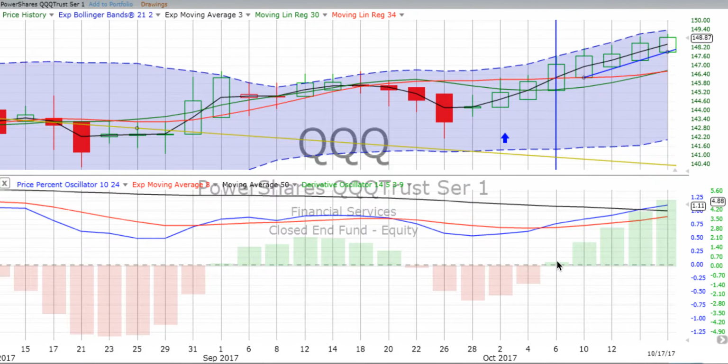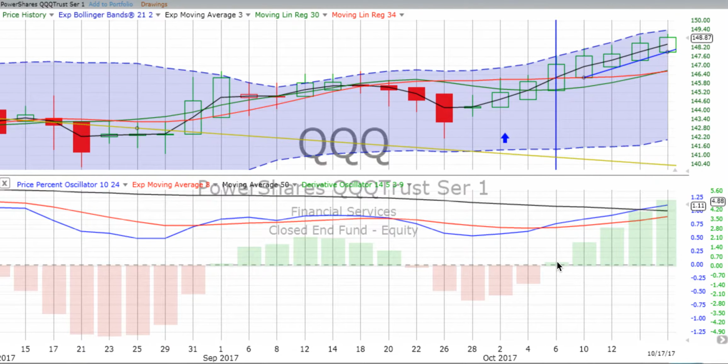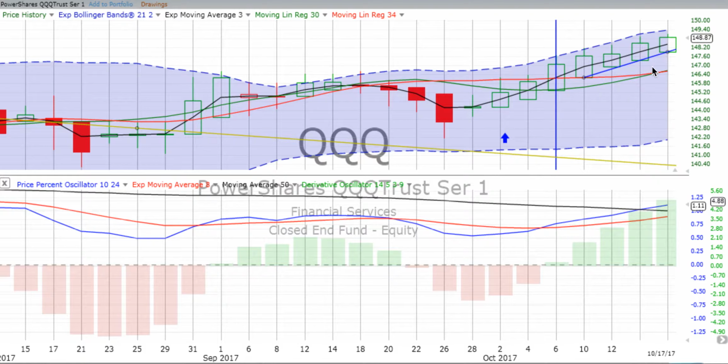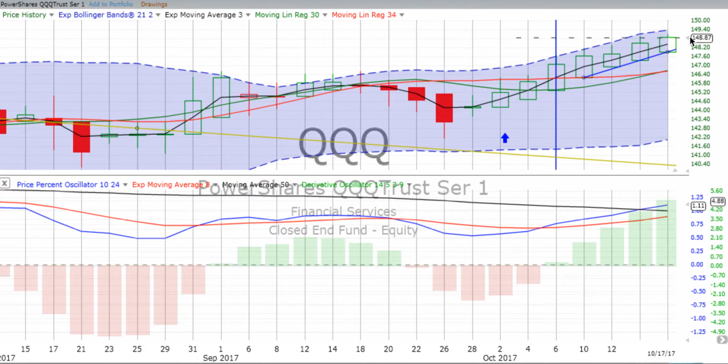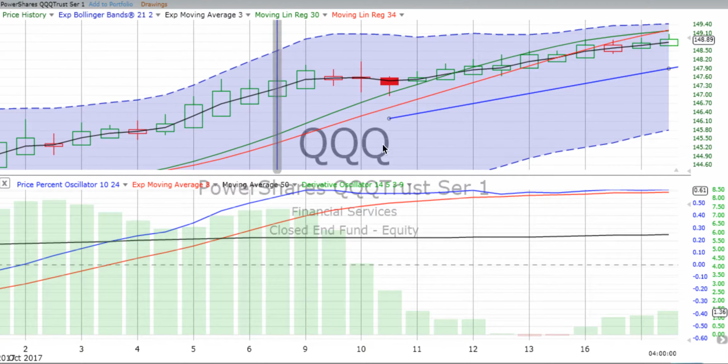What's going on the 2-day chart? Well, of course, it crossed over going up. It almost always portends the weekly. Sometimes they can cross over together when there's strong up movement after a pullback. But what do we see going on? Well, it crossed over going up on Friday, the 6th of October, and we have, again, unabated up movement since everything turned green back on the 2-day chart ending on the 28th of September. So again, strong up movement, things well above the 2-day trend line. So we'll just continue to watch and see what we see.